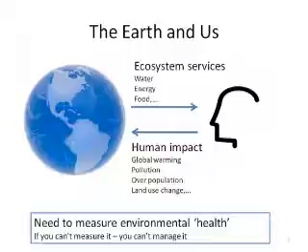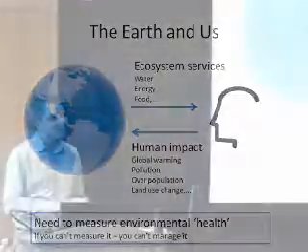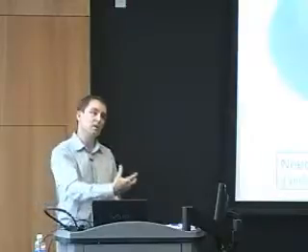Amongst friends. So when I talk to some of my ecologist colleagues, they talk about ecosystem services. This is part of the new way of considering the Earth. It's a systems point of view. The Earth provides us with these services: water, food, energy. And in exchange, we obviously interact with and impact upon the Earth. And in particular, as we heard this morning, there are issues of grave concern like global warming, pollution, overpopulation, land use change, biosecurity threats, and things like that.